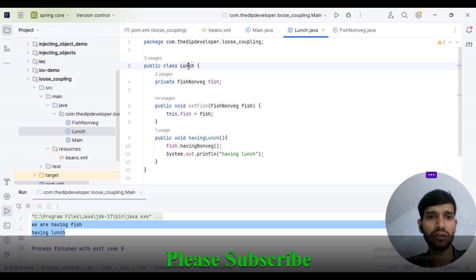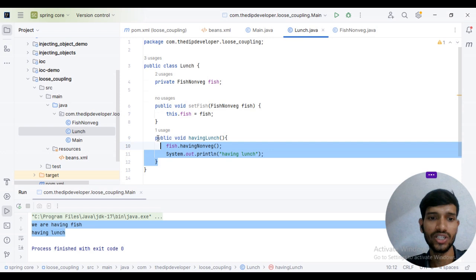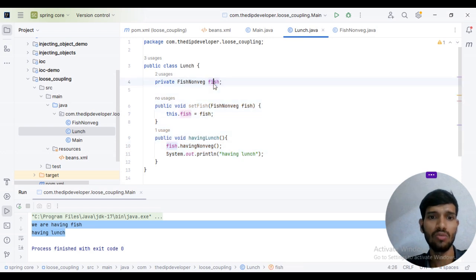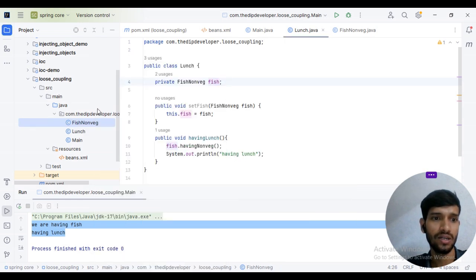So what do we need to do then? We need to create a private ChickenNonVeg, then chicken, and here also ChickenNonVeg, setChicken. A lot of code changes need to be done. So to overcome this we'll be using something else. Let me create that ChickenNonVeg class first. So I'll go to this, copy,